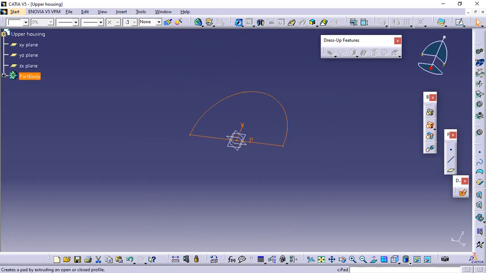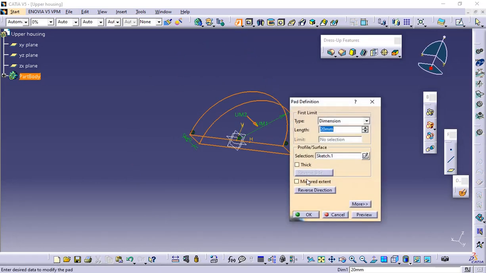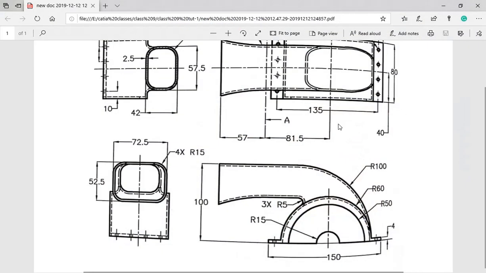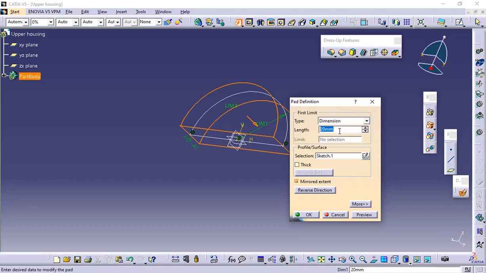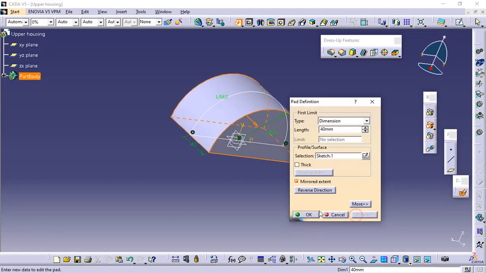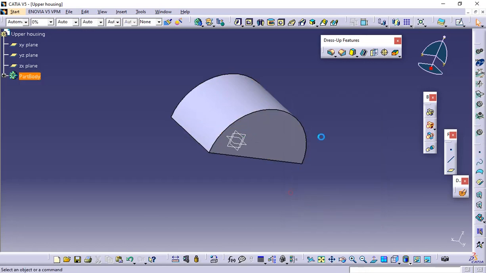and now use the pad, mirror distance, and here the total width is 80, that is nothing but 40 plus 40, as we are selecting a mirrored element. So click OK,